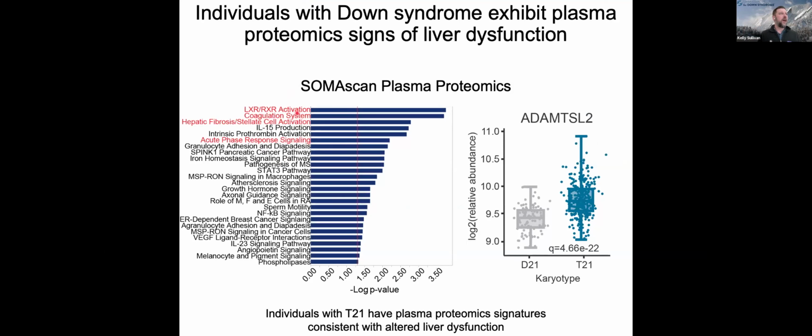So LXR, which is the liver X receptor, or RXR activation, coagulation, hepatic fibrosis and stellate cells. Stellate cells are liver cells, activation, and then acute phase response signaling. You can see all of these are enriched in the population with Down syndrome. And here's just one example, this ATOM TSL2. But it can be difficult at times to know how to interpret some of these pathways when we're looking in